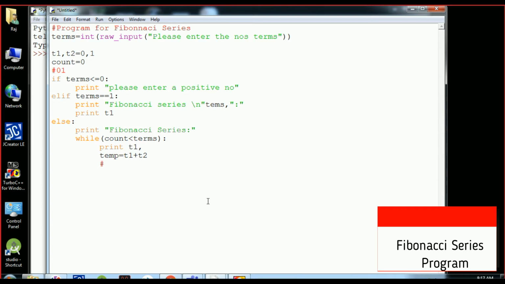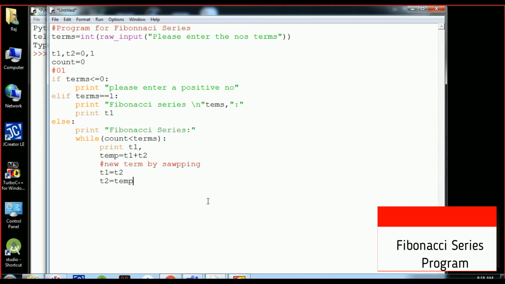Then after that here I will place a comment, new temp or term by swapping method. In this way I will use t1 equals t2. At last t2 will definitely be temp,